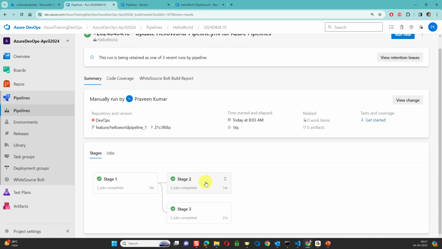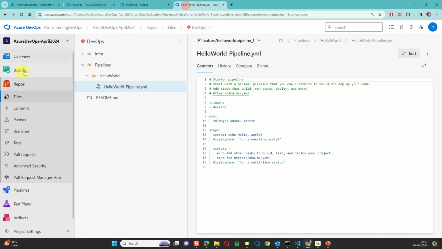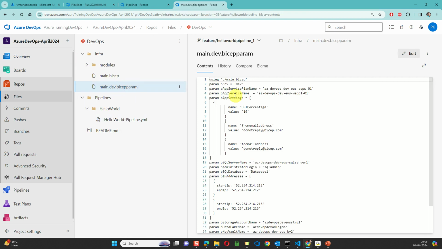We did not discuss library yet. The library is a place where we will have all parameters. Remember in Bicep, we were passing parameters, right? Those parameters now will come from here. You have a param file, right? Bicep param. That's code, right? So far we were hard coding those Bicep params here. This is dev, right? All these values are coming here. So very soon we are going to fix it. So these will come from